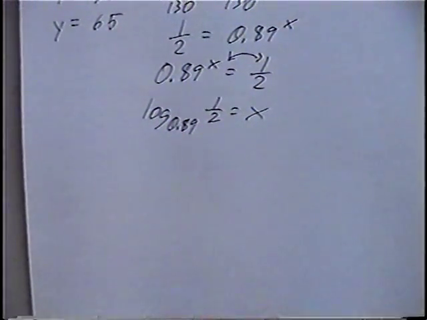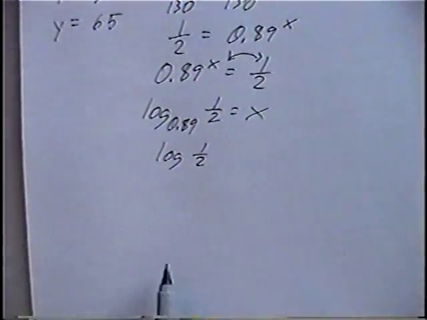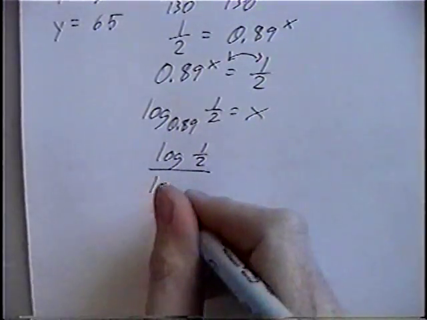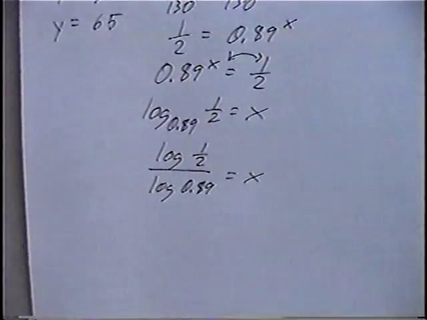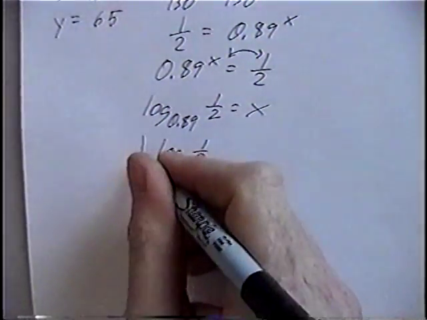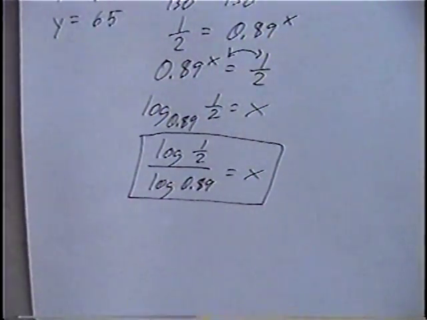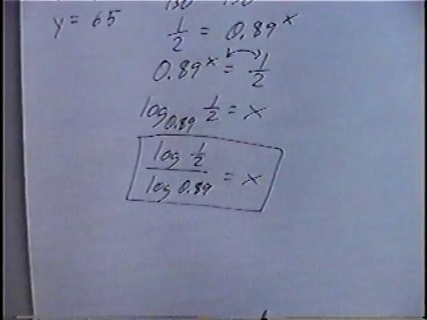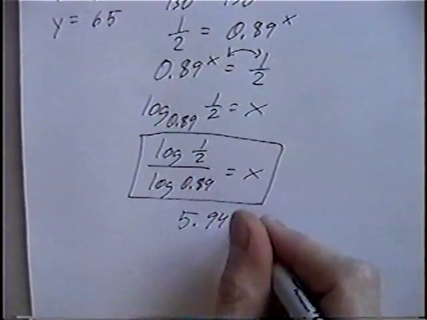All answers in log, again, should be in standard form or base 10. So using our change of base, this would be log 1/2 divided by log 0.89 equals x. If you wanted to, you could change this to 0.5, or we could change this decimal to 89 over 100, but it's okay to have fractions inside of logs. If you use a calculator, the answer would be 5.9480,